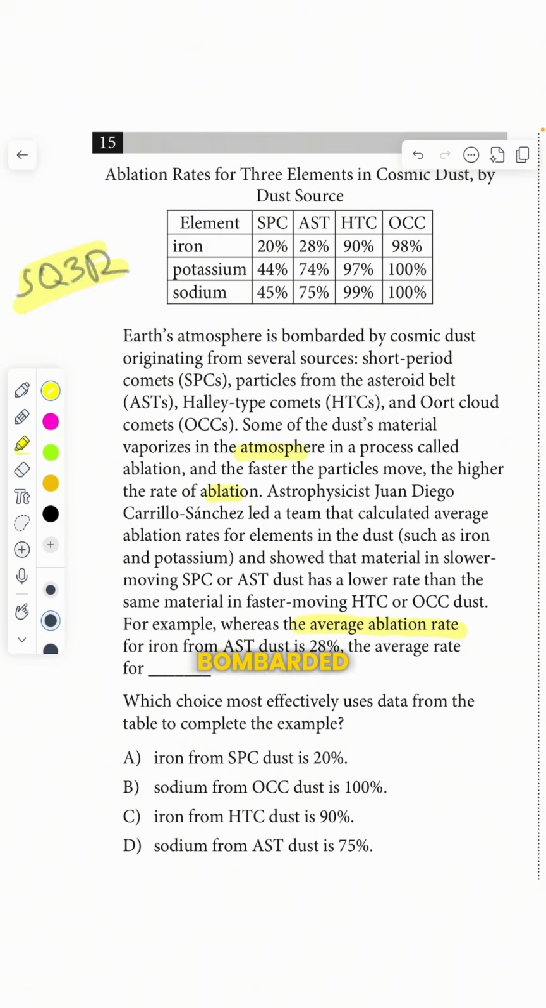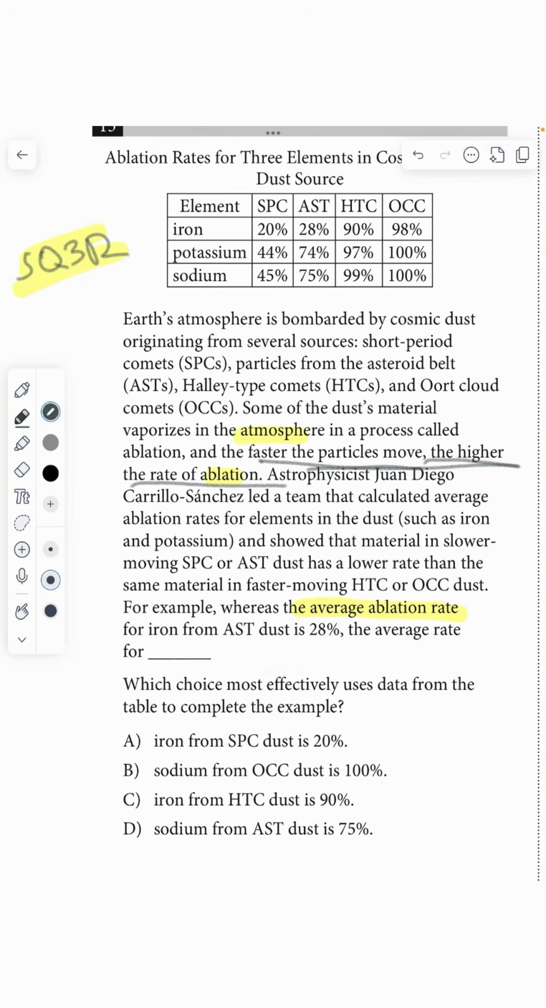So Earth's atmosphere is bombarded by cosmic dust originating from several sources: short period comets, particles from the asteroid belt, Halley-type comets, and Oort cloud comets. Some of the dust material vaporizes in the atmosphere in a process called ablation. The faster the particles move, the higher the rate of ablation. This is important. Astrophysicist Juan Diego Carlos Sanchez led a team that calculated the average ablation rate for the elements